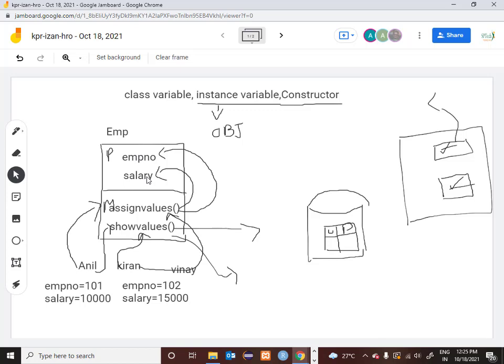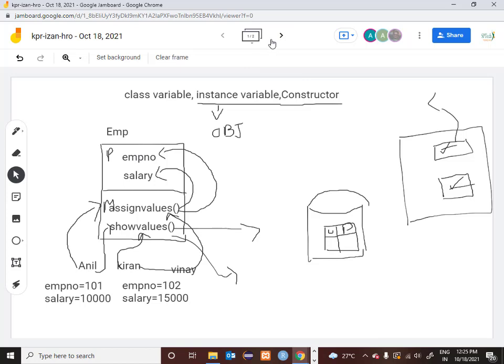I am just trying to give you an example here, but that is not the exact meaning of a constructor. Here assign values is acting as a constructor, because it is trying to construct the value of employee number and the value of salary. So using the Anil object, you have to call the assign values method and pass the value for employee number and salary.